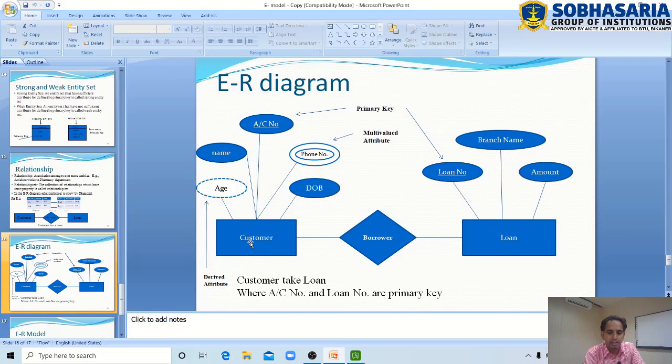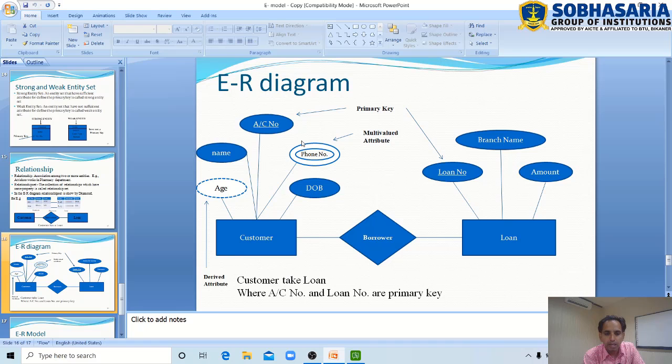So here we have entity set, relationship, and attributes: age, name, account number, phone number, DOB, loan number, branch name, amount. These are the attributes, and account number is a key. If we underline it, that is called a primary key.